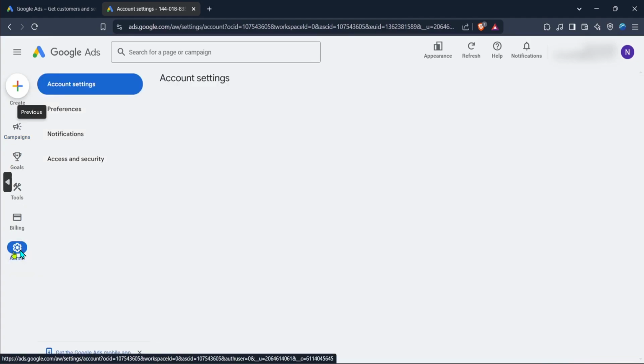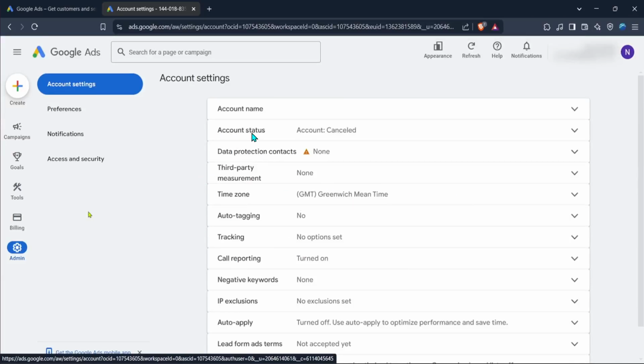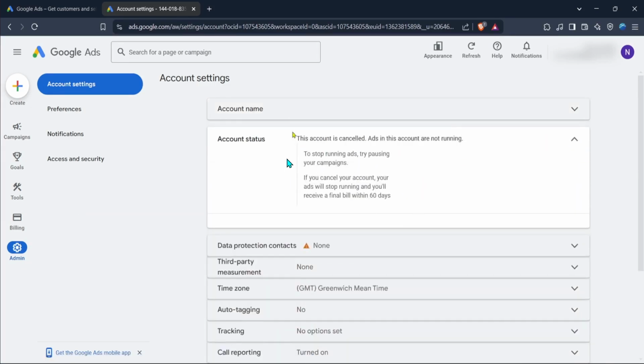And that's all it takes to delete or cancel your Google Ads account. The entire process only takes a minute or two once you know where to look. I hope this walkthrough made things easier and helped you close out your account